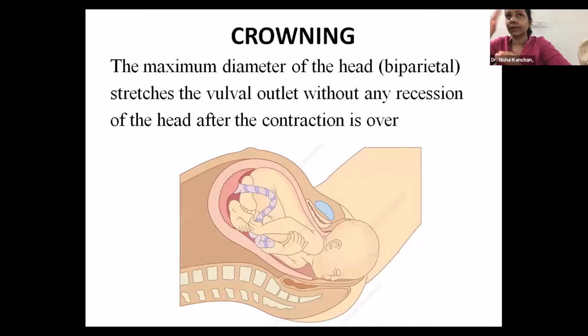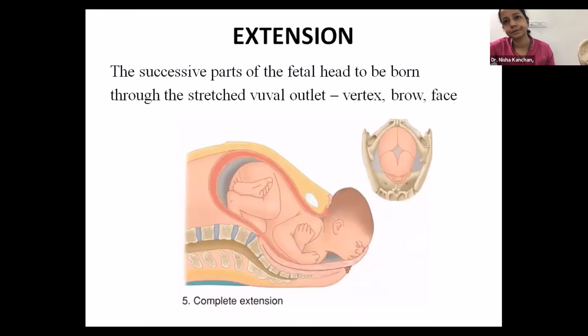You can see the black hair of the baby, stretching about 4 to 5 centimeters to the baby's head. You can see it at the vulva. And when the patient is not having a contraction also, the head continues to remain at that position and does not go inside. So that point is called crowning. Next slide, please.